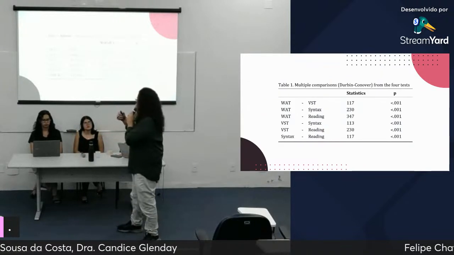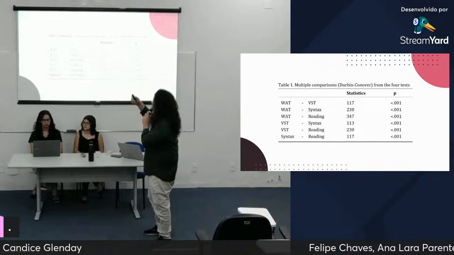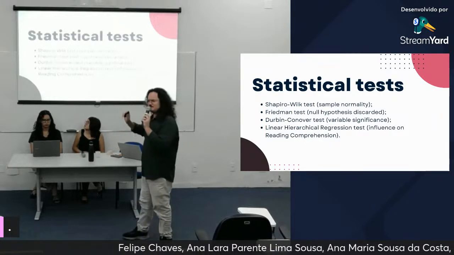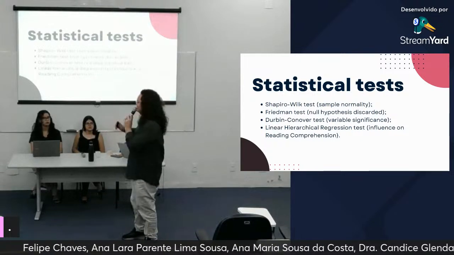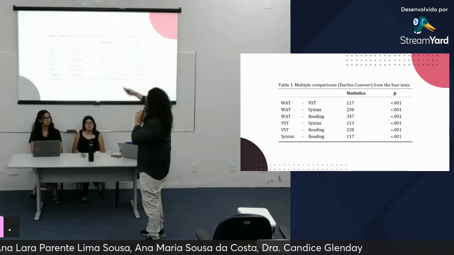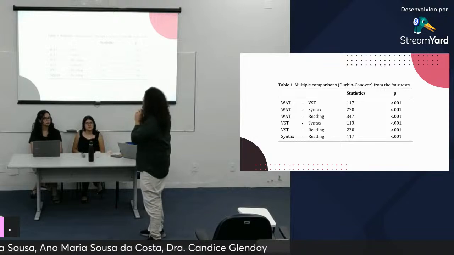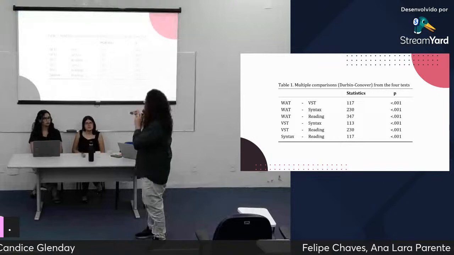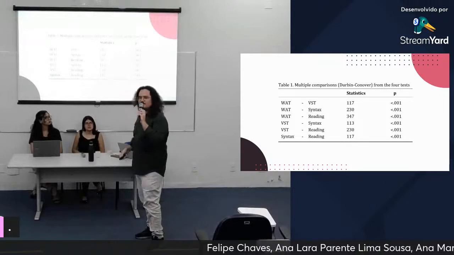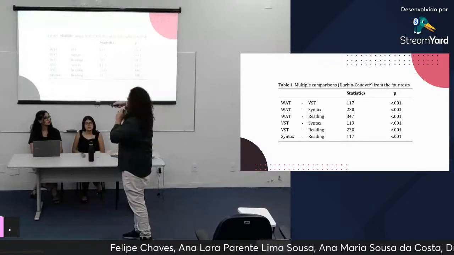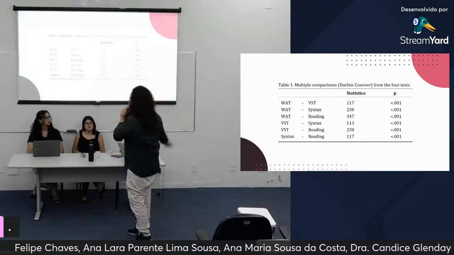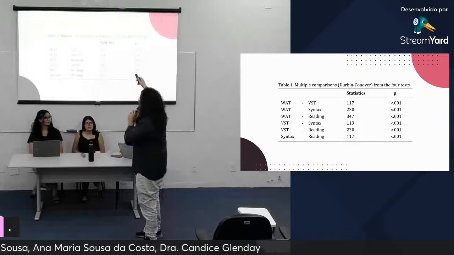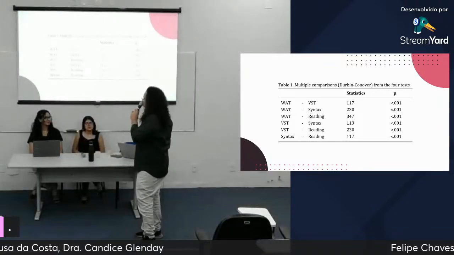We have some examples of tables, right? This first table is of the Durbin-Conover test. I'm not going to spend too much time on tables because they're boring and hard to understand, but here they are. It's important to note the p-value here. It's valid for all the families of comparisons, so between WT, VST, WT syntax, WT reading, whatever. The statistic values are those as you can see, and all the p-values are above